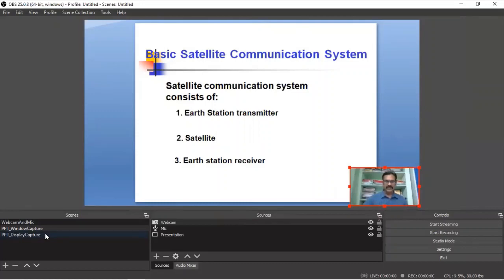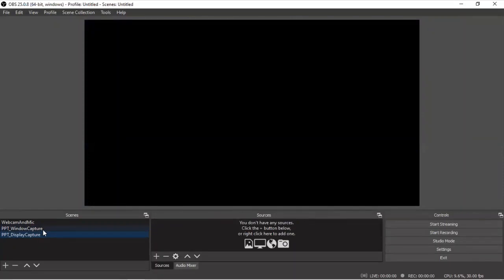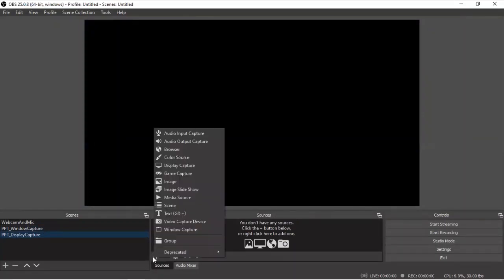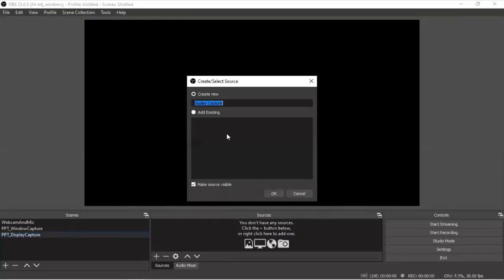Then let us go for PPT display capture. Go to sources, add the display capture device. This is the display capture. Here I want to show the presentation of a window.